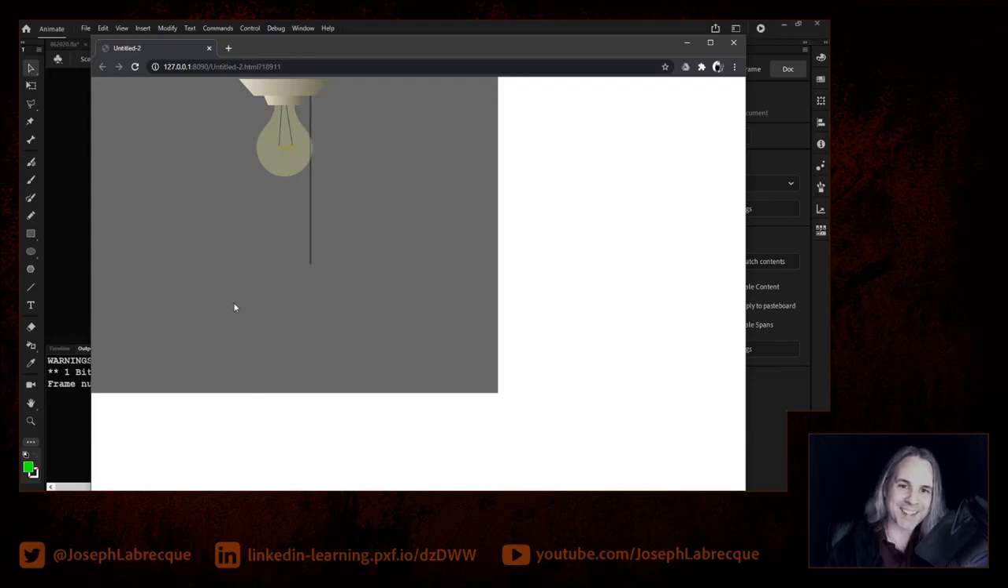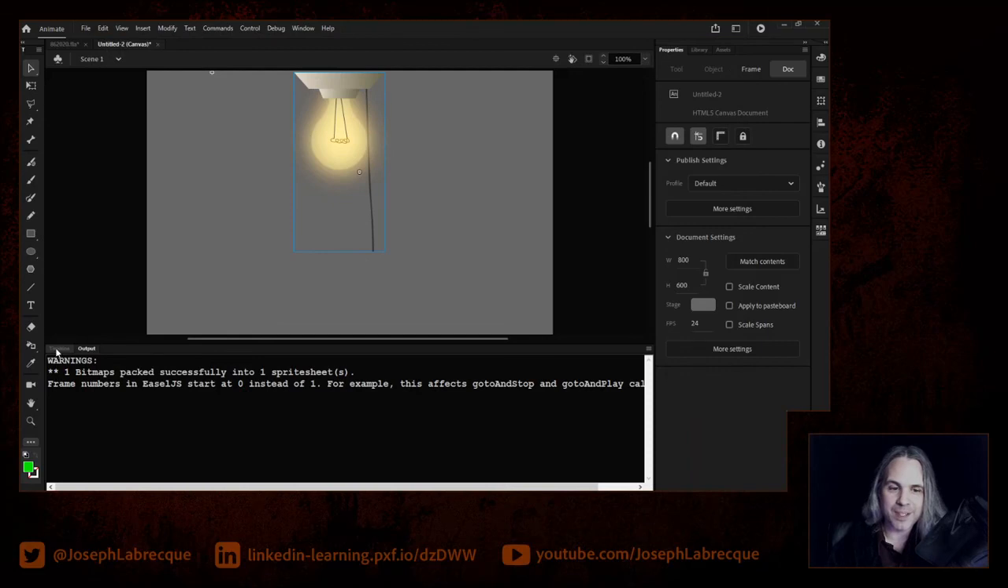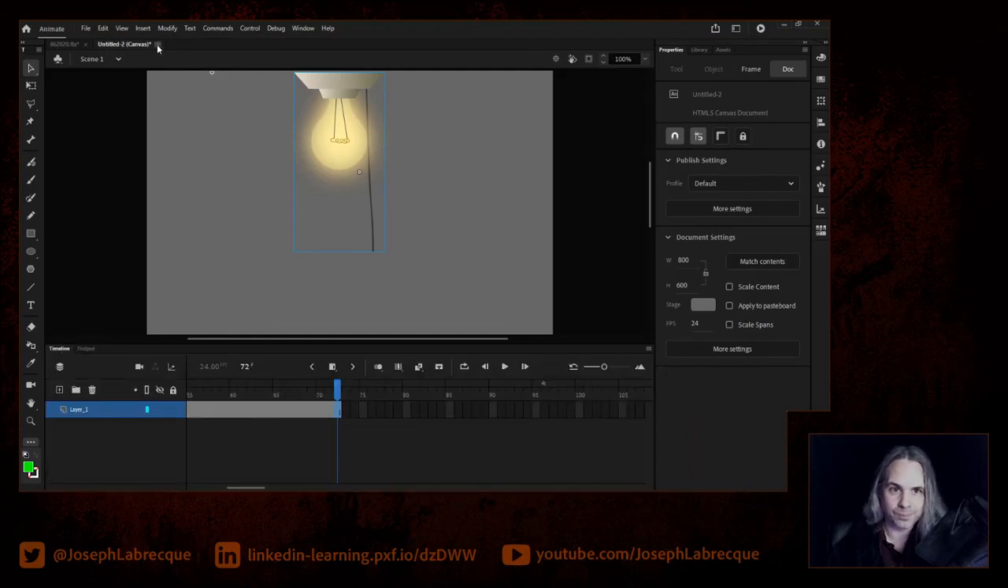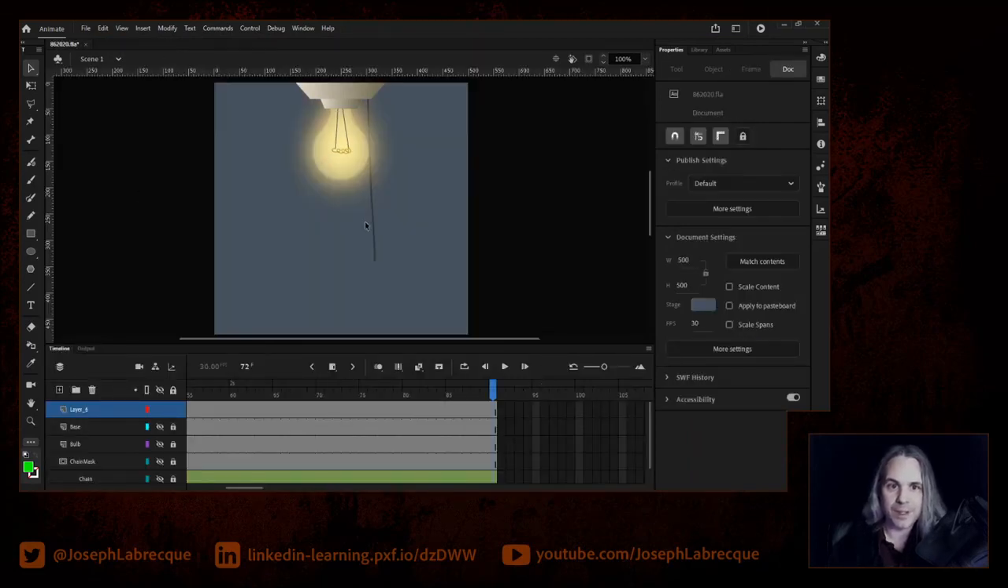I don't know why it's not turning on. The light is being pulled. Little pull switch here. But something that is pretty foolproof. If we go through, we can always create this as an animated GIF or as an HD video. So,